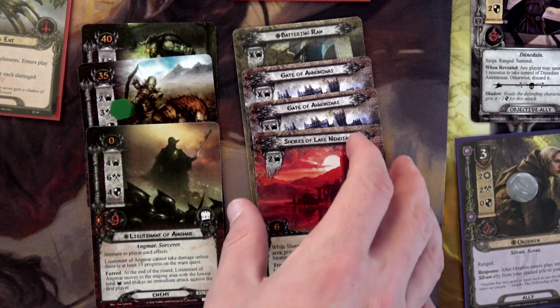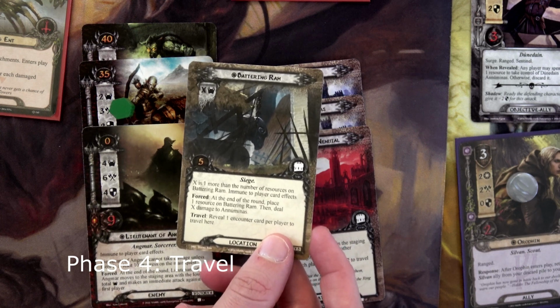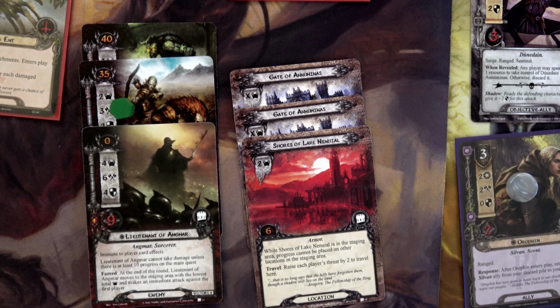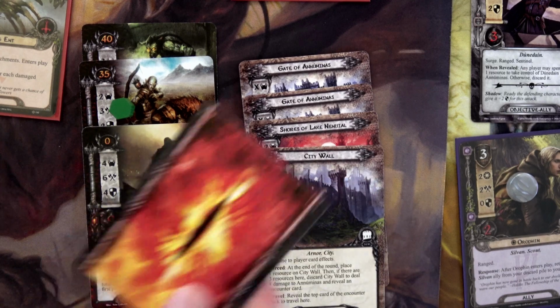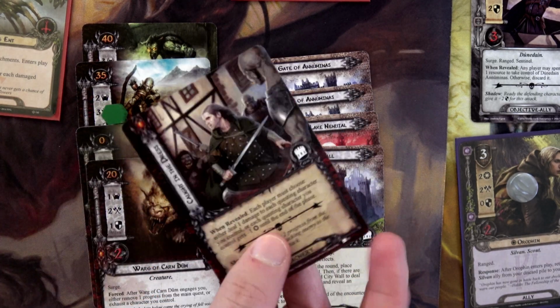I am definitely going to travel to the Battering Ram. I think that's the best idea. Now, to travel there, we have to reveal 1 encounter card per player. Man, our locations are going to kill us here, but I still think it's worth it. So we will reveal 2 encounter cards. So our first one is another location, and our second one surges into...